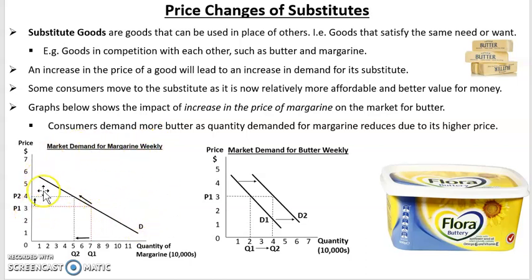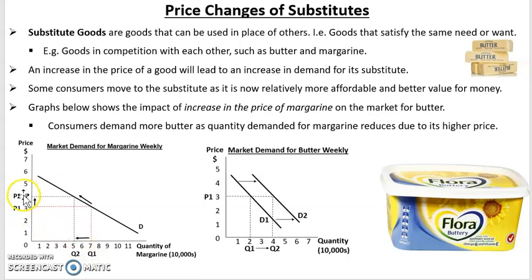What we see with this relationship between substitutes is that the increase in the price of a substitute, so we'll look at the market demand for margarine over here, so an increase in the price of margarine from P1 to P2 causes a shift along the margarine demand curve. That's right, we know that, law of demand, pretty easy peasy. We'll see here that there's a decrease in the quantity demanded of margarine from Q1 to Q2. So there's been 2,000 people who no longer consume margarine when the price goes from $3